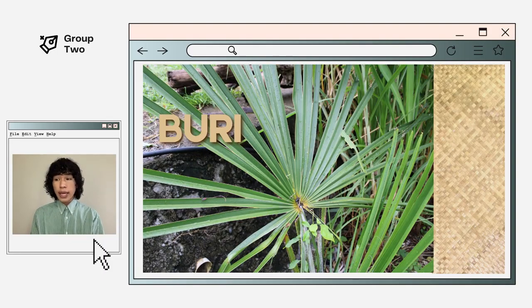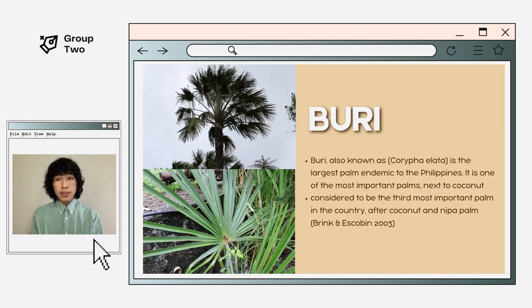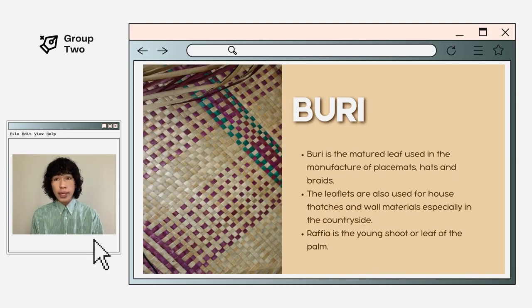Buri, also known as Corypha elata, is the largest palm endemic to the Philippines. It's one of the most important palms next to the coconut, considered to be the third most important palm in the country after coconut and nipa. Buri is the mature